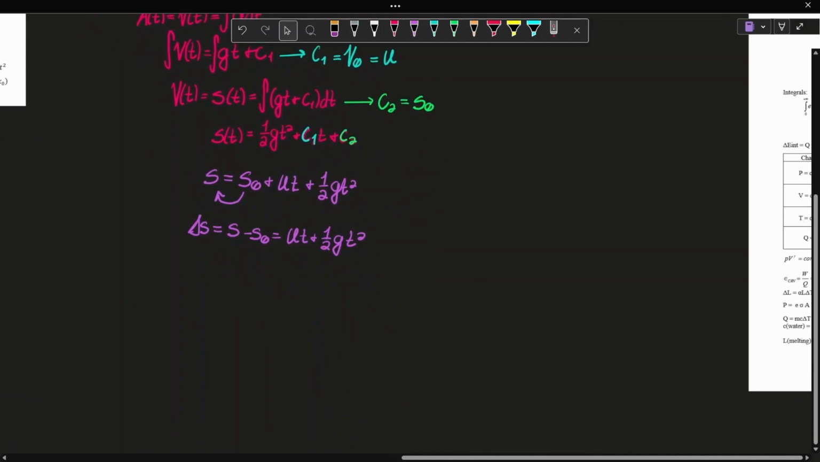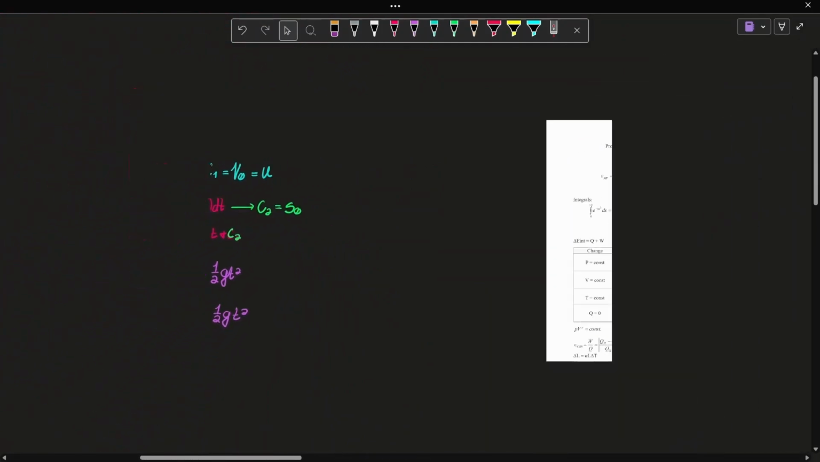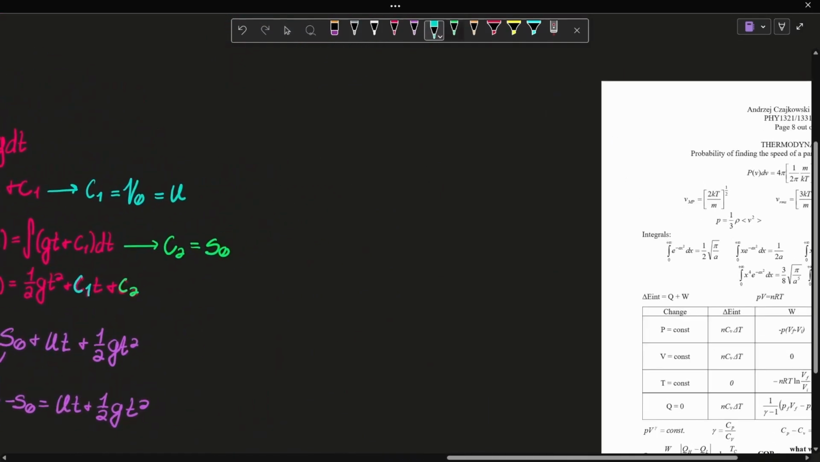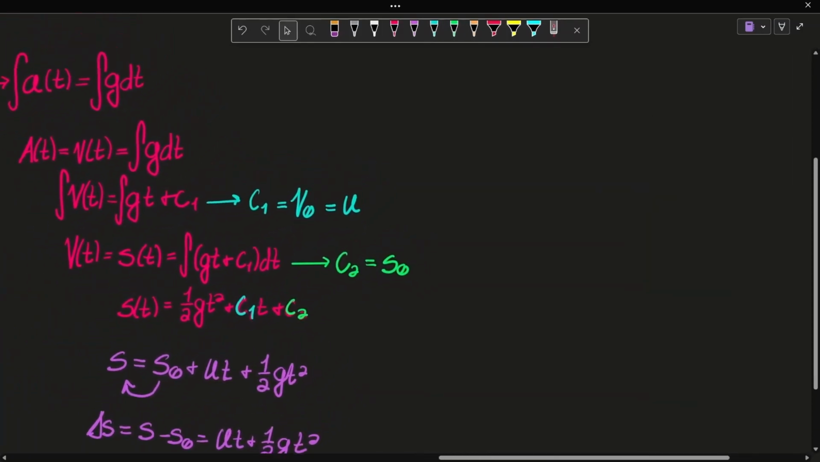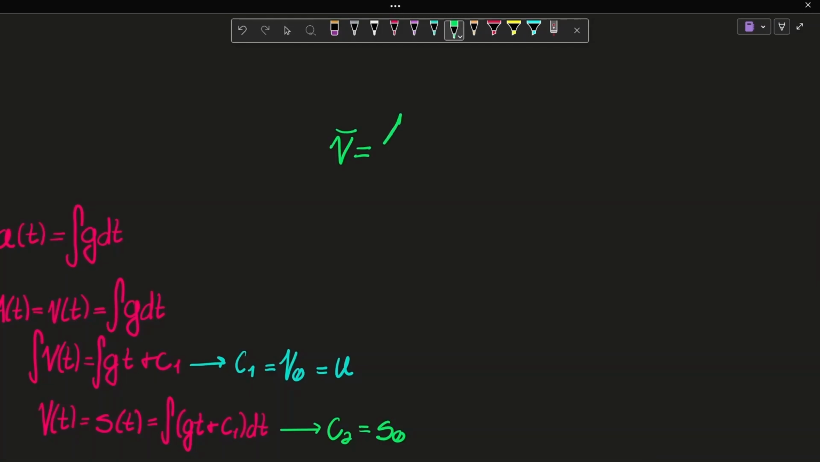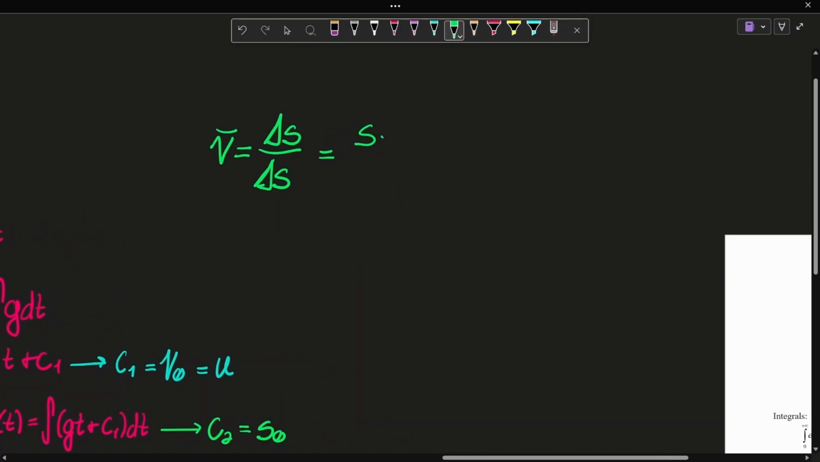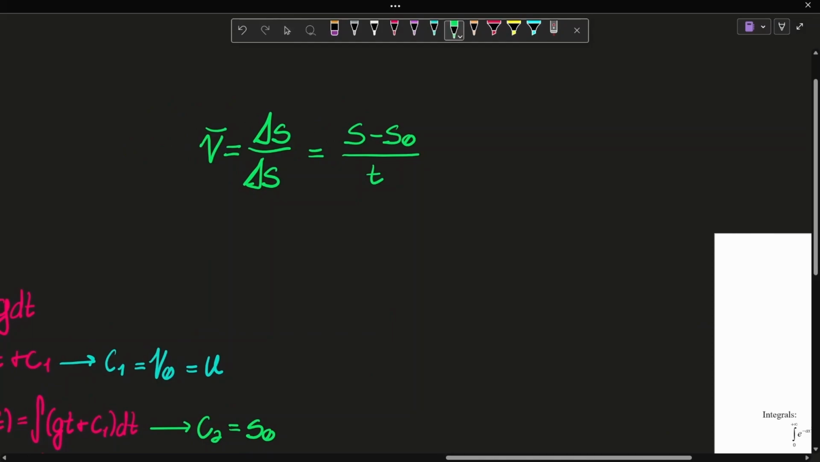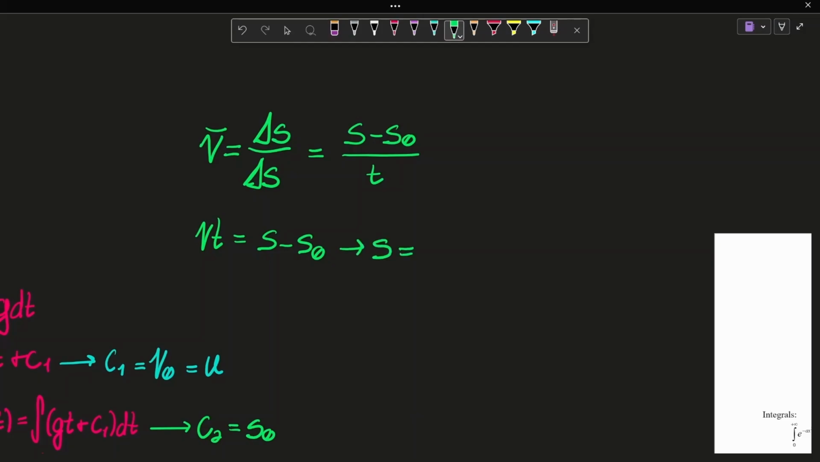Now from here we can make a bunch of other equations. Using all of these equations here, we can also see that some generalized equations can be made. So velocity, or average velocity, is the change in position over the change in time, which you can write as s minus s naught over t. And so that means if you multiply both sides by t, you get vt is equal to s minus s naught, which then gives us s is equal to